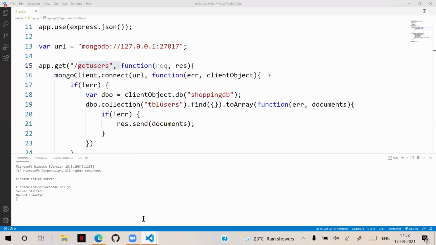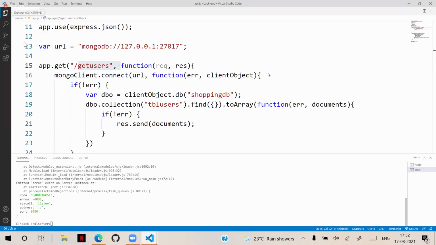But actually, this requires another API. We have to make sure that that API is also running in the background. If that API is also running, then it will be able to access it. For example, you see, I'm configuring here, cd server and node server.js. It is which page we are having.